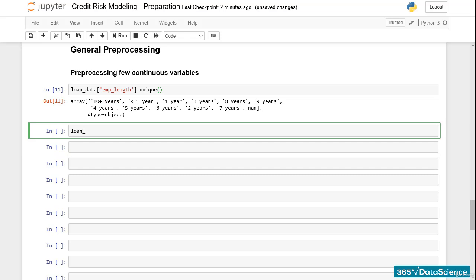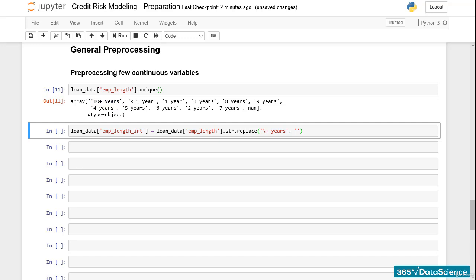Okay, now let's store the pre-processed employment length variable in a new variable called employment length int, where int stands for integer. We can use the following sequence of searching and deleting the unnecessary text strings. First, we assign the new employment length int to be equal to the employment length variable with the string plus years replaced with nothing. This will only affect the rows with values 10 plus years from the initial employment length variable, making them 10. For now, all other rows of the new employment length int variable will have the same values as the rows of the initial employment length variable.